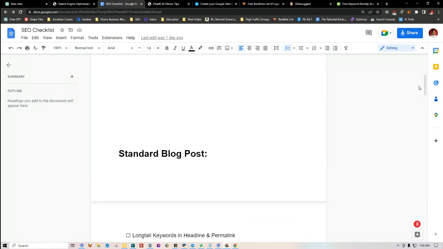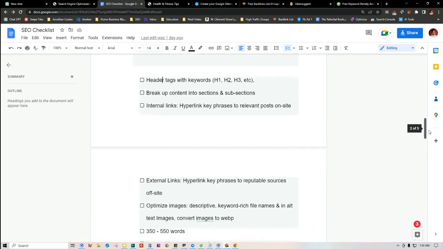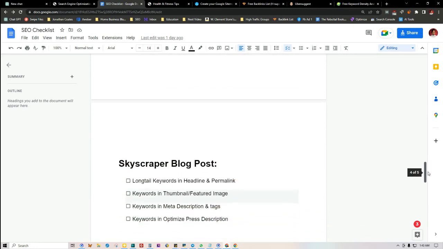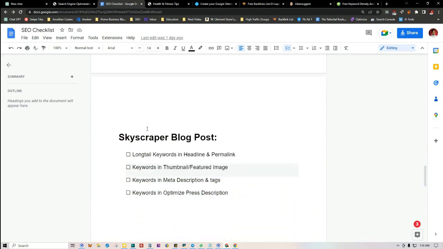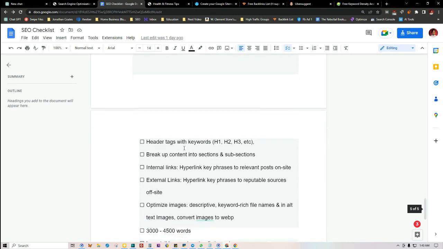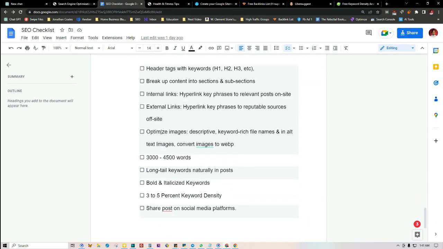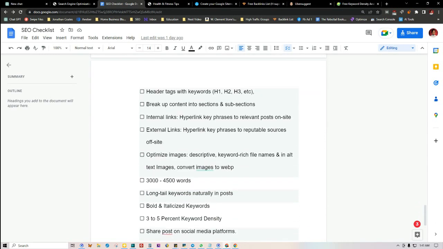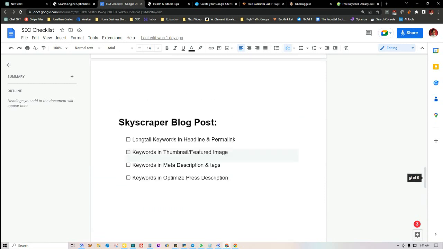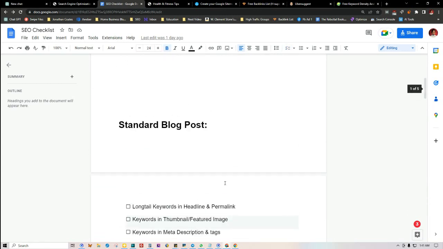There are two different types of blog posts, and I haven't covered the second one. I'm only giving you the template for the first one. The second one is something that you can do on your own. It's sort of an initiative thing. They're very similar, but the only difference is the amount of words. You can use the template that I've given you, but it's just a lot more words, so you want to extend the space. The second one is called a skyscraper article, and it's the same as a standard article, which is the blog post template that I've given you.